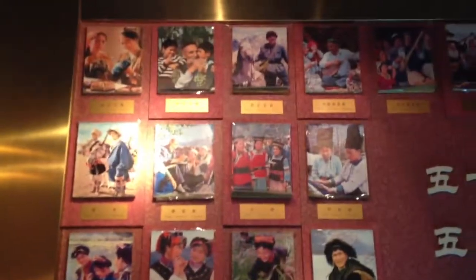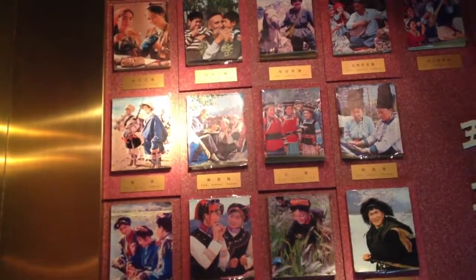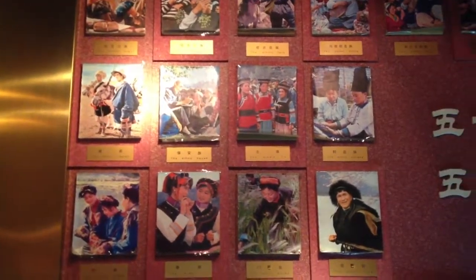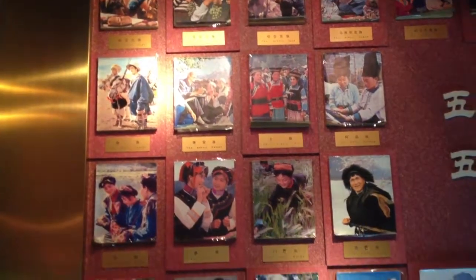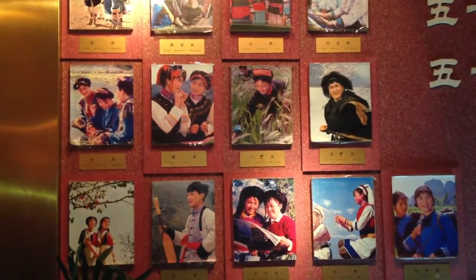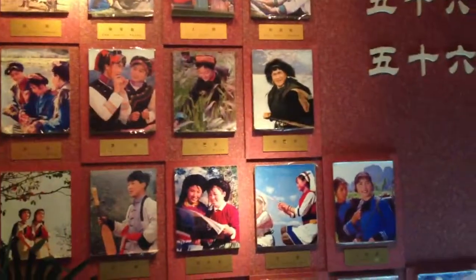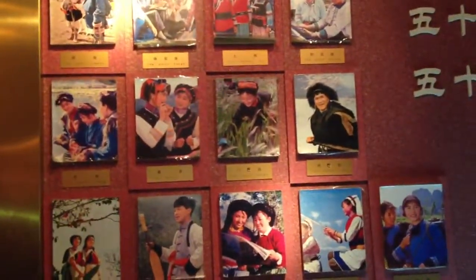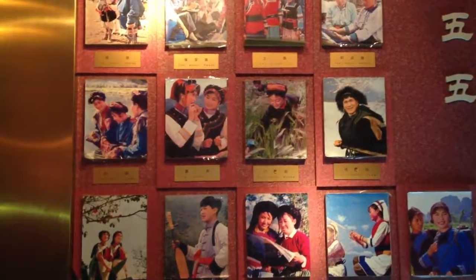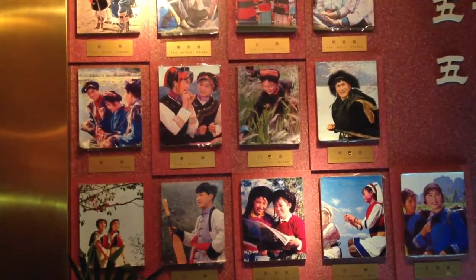56 nationalities. I've seen 55, I've seen 57 for the ethnic minorities in China. I've been watching on Netflix, sneaky with my VPN, since I wouldn't be able to access it. Not because it's blocked, actually, but because Netflix. I don't understand. I'm an American citizen. I don't care what country I'm in. If I want to watch videos digitally, who cares? So I use a VPN so I could watch stuff when I travel. Paying for the service, it's stupid. Who cares where I physically actually am? I'm a resident, you know? So, stupid bullshit. Anyway, I got around it. Slows it down a little bit. But it was a Wild China show from, I think, the Travel